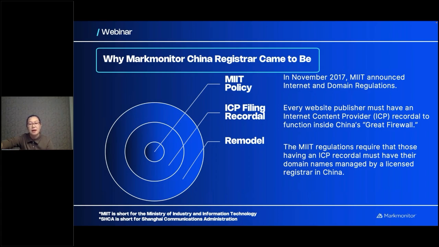Because MIIT is the central management in China, for registries they still have the right to license, but for registrars, all registrars go to their own local provincial administration for the license. So with that happening, a lot of provincial administrations were also in a position of learning because they need to